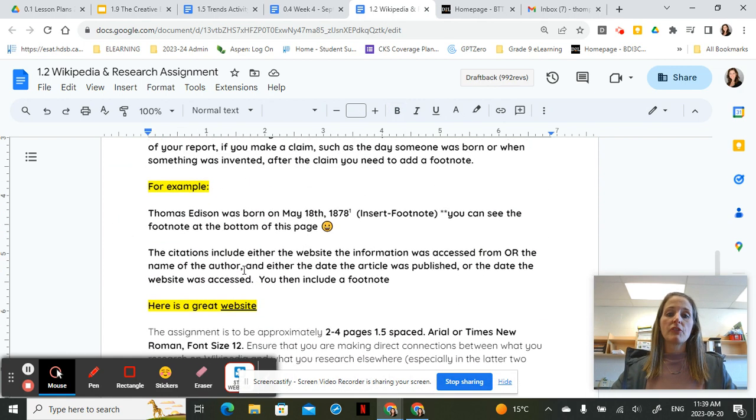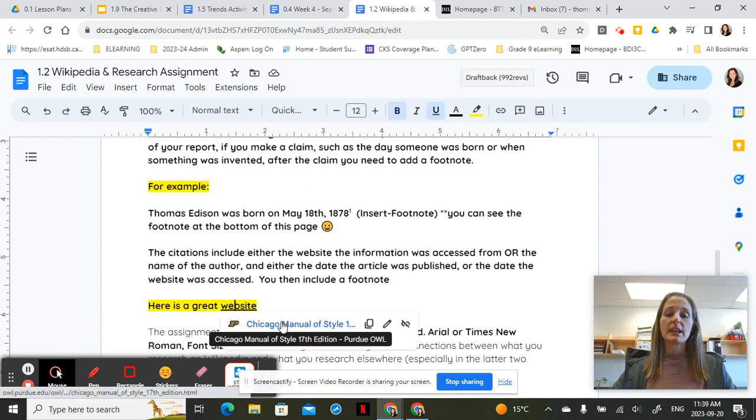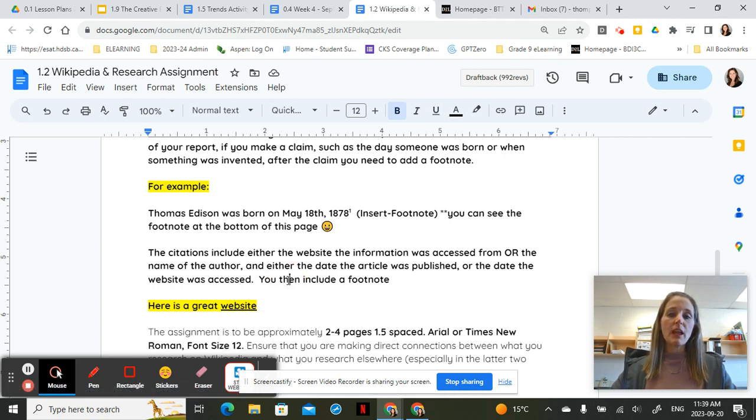And you can find more information on this website about how to do your bibliography entry. I'm going to assume that many of you might have questions throughout this assignment as you go through it during the week. If you want me to check and verify that you've done your citation properly as an example, I'd be really happy to do that. Okay. All right. So that's how you do the citations.